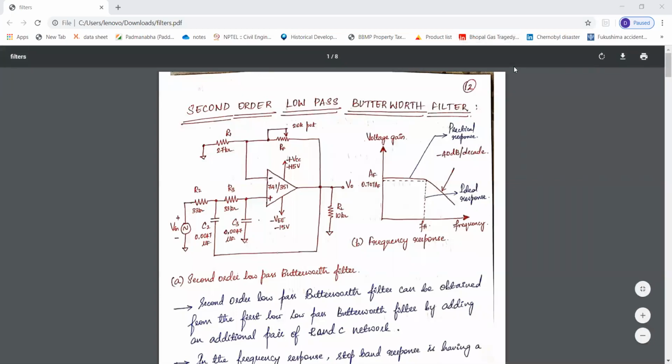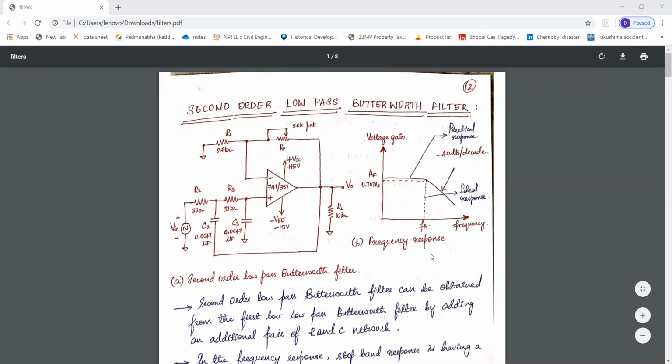Hello everyone. In the previous session, we studied the first order low pass Butterworth filter. Now in this session, we'll continue with the fifth module. Next, we have the second order low pass Butterworth filter. This is the configuration of the second order low pass Butterworth filter, and this is the frequency response of